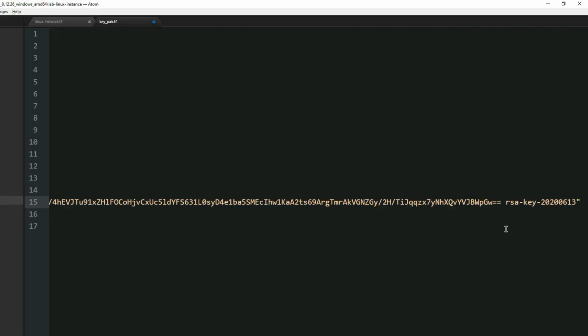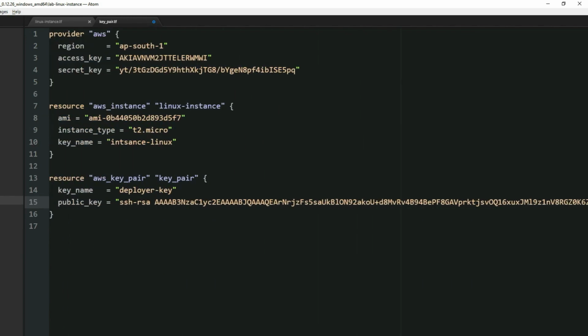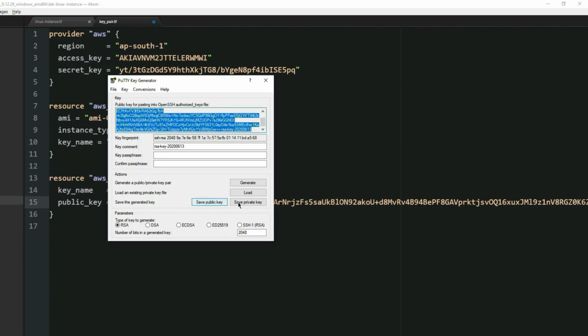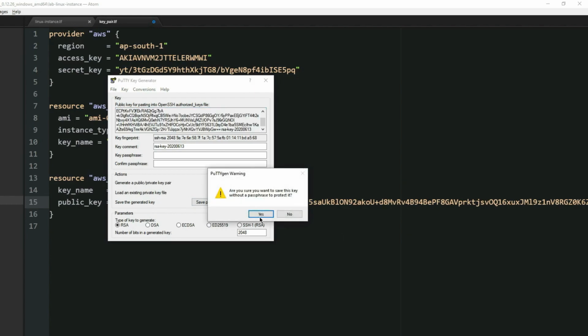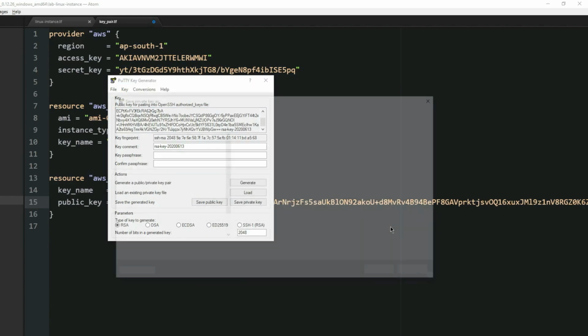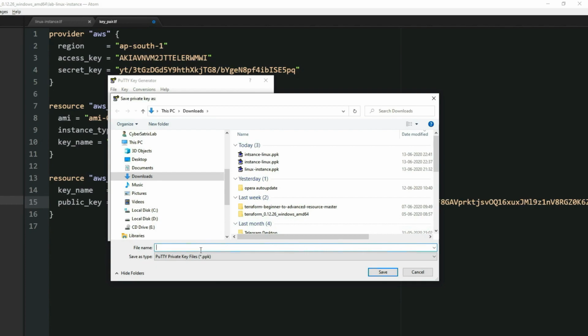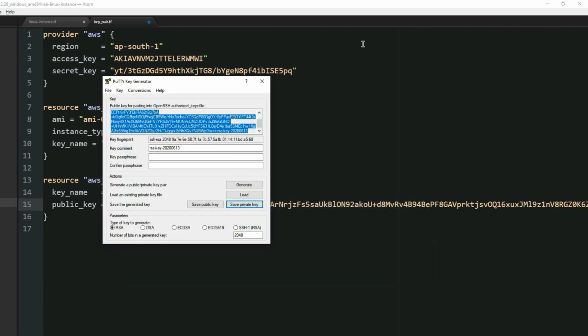So now I have pasted the public key which I have just copied, and now let us save the private key. Let me name this as first-EC2, and save it.